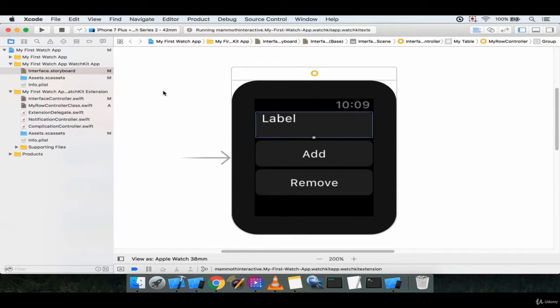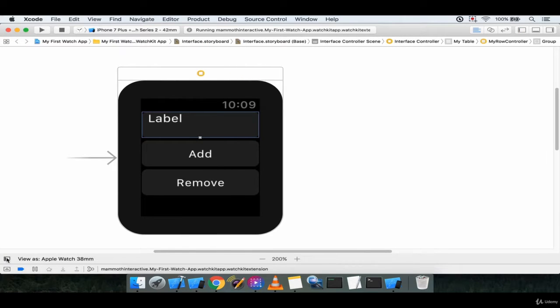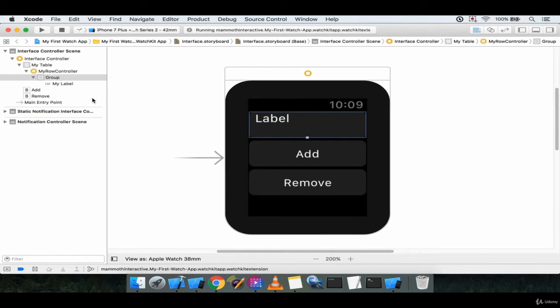So, oops, that's not what I wanted. I wanted this side panel. Yeah, so if we take a look at my row controller, there's an instance of this for every row that we populate basically. And each of them have these same contents, right? They each have a group, and inside that group they have a label. Now the label has different content for each of them, but the group, we don't really give it any behavior